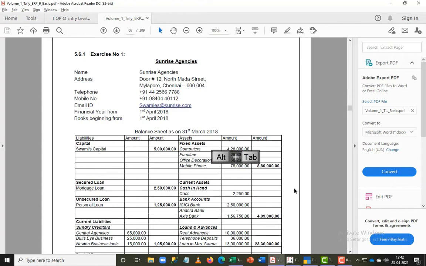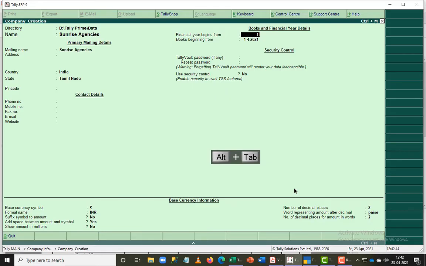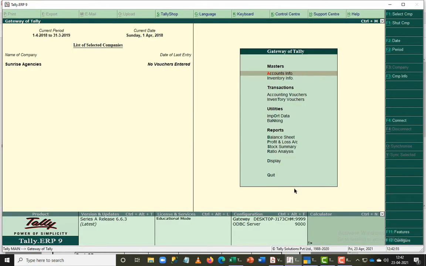Here you can see that the balance sheet is stated on 31st of March, so I'm going to write books of accounts on 1/4/2018. I'm going to just save this company for us, and now we got the first list. When we go to accounts information, when we want to feed a balance sheet here, we need to use the ledger creation form to fill them up.